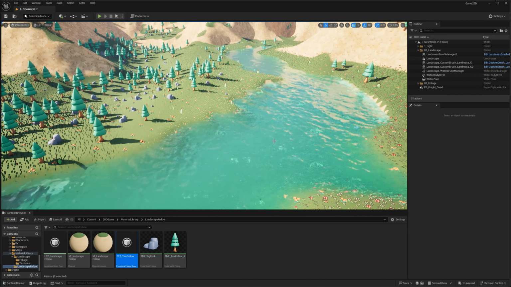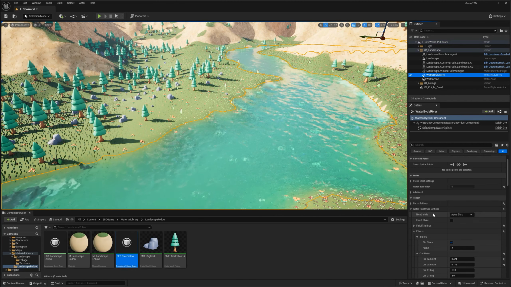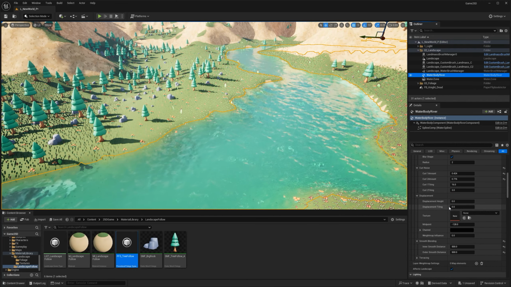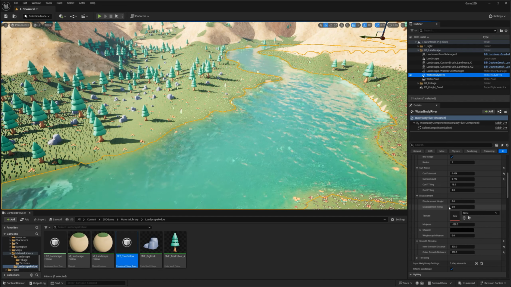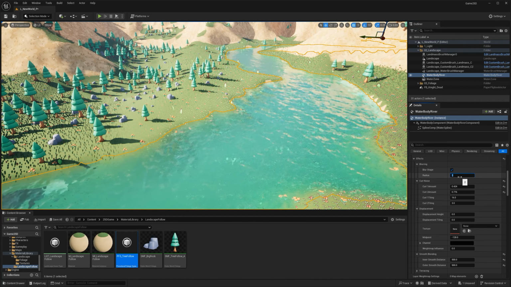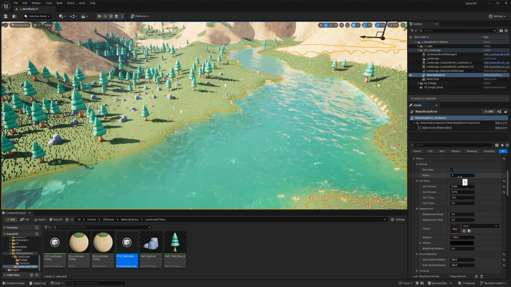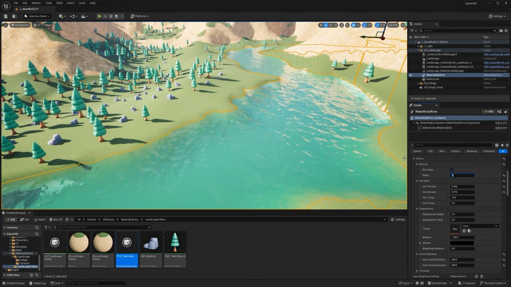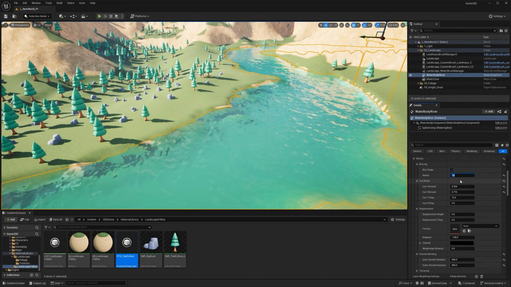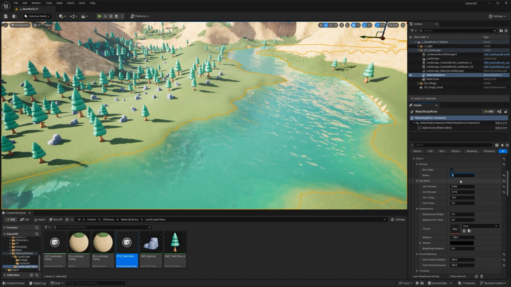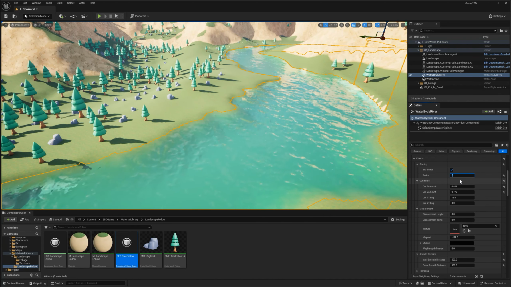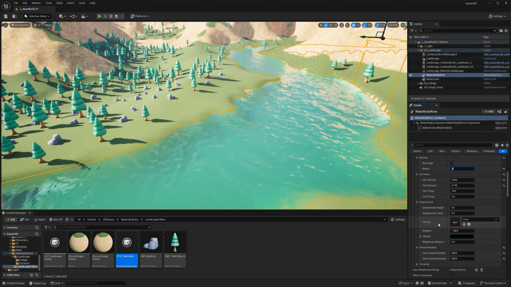So if you select the river again, we plate with displacement. I don't think it's gonna be interesting here, but we can definitely do the smoothing here to like 5 or something. Let's see what happens if I do 10. I like 5.